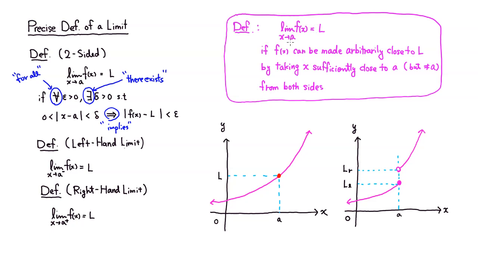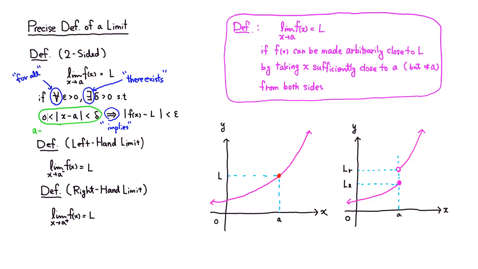I want to talk a little bit about the one-sided limit too, because the definition is pretty much the same. The only modification you have to make is that everything else is the same as here, this one for the two-sided limit. The reason we have this absolute value sign, if you don't like it, we can rewrite this. This is going to be the same thing as x is between